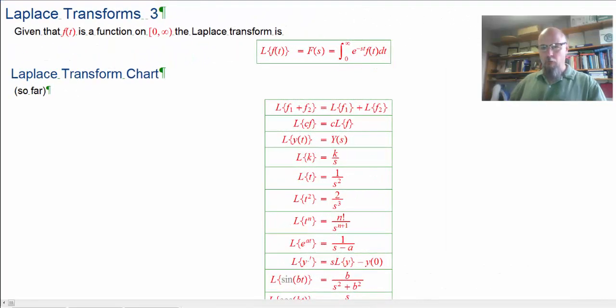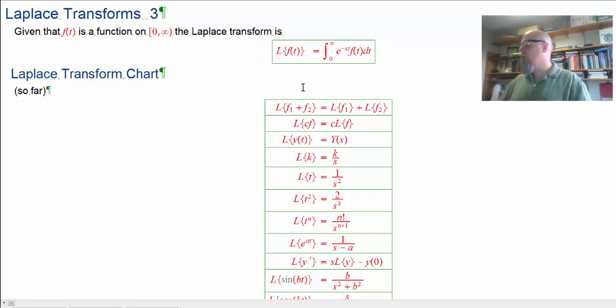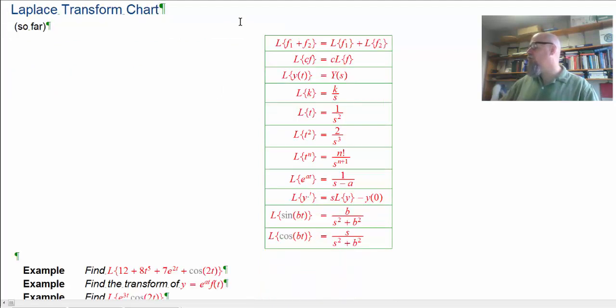Even more Laplace transforms. Okay, where are we at? We've still got our definition of a Laplace transform. Integrate from 0 to infinity. Let's get rid of this f of s. We know that it makes a function of s in the Laplace world. When I take the Laplace transform of a function, I integrate from 0 to infinity, e to the minus st times that function. We have built, using this definition or various other tricks and things, we've built our Laplace